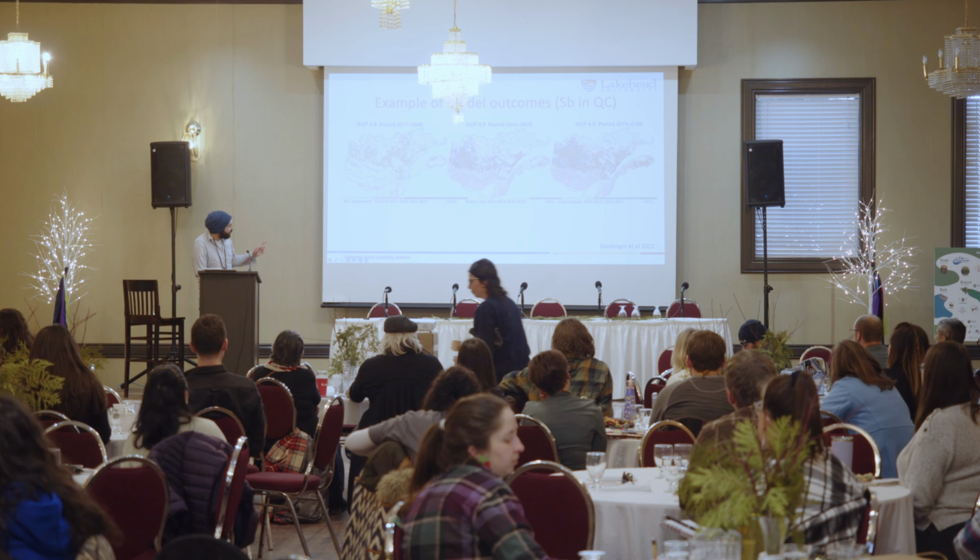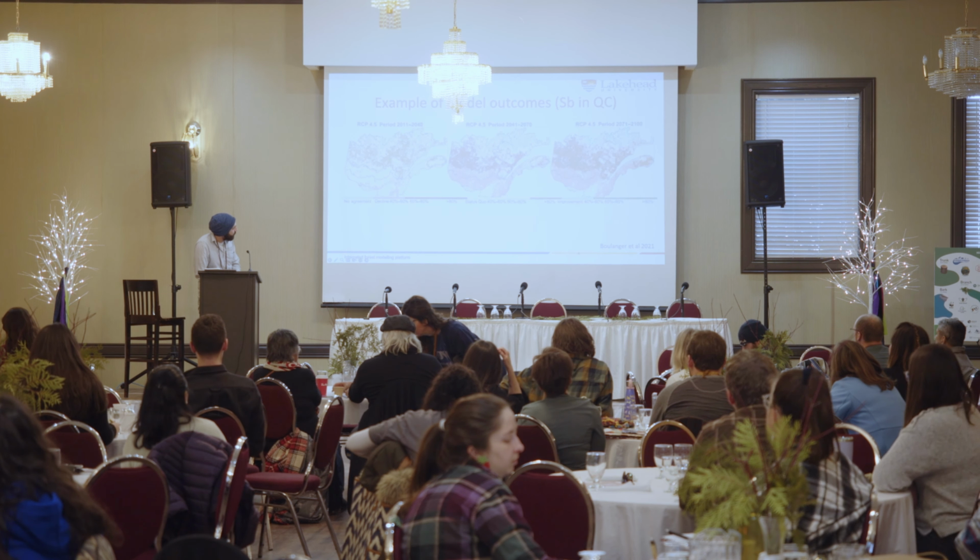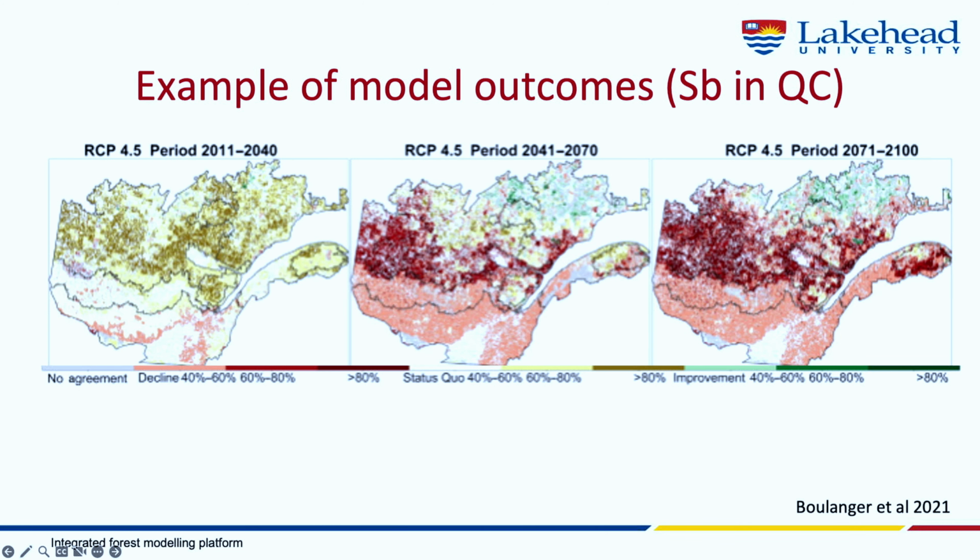So I'm not sure if you can make out some of the values on the line down here, but that red coloration and the orange coloration actually show a decline in biomass that is expected on the landscape. And this is for periods that are really not too far out in the future for us. So most starkly contrasted is 2071, which hopefully, knock on wood, I will live to see the day. But it does not bode very well for us, but more so for black spruce that will experience that decline.